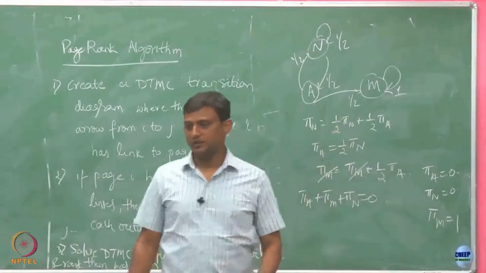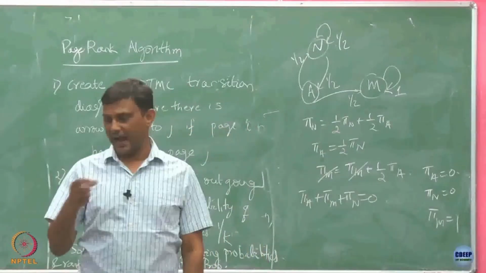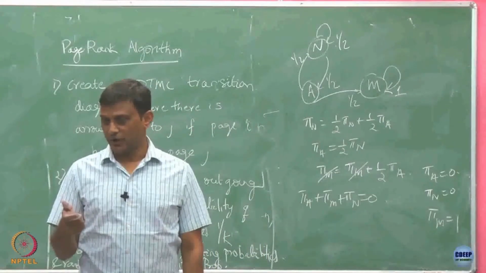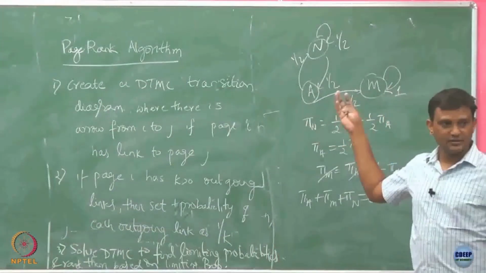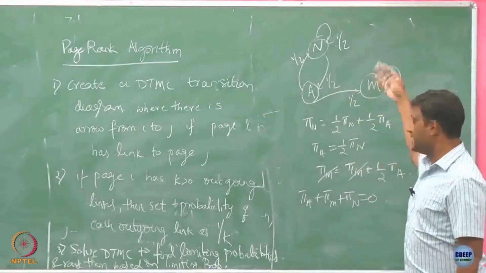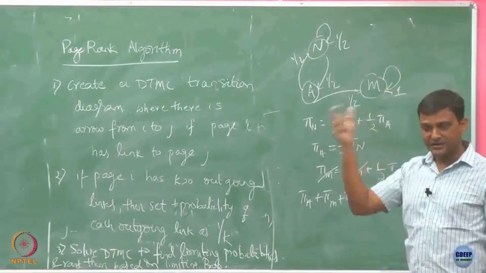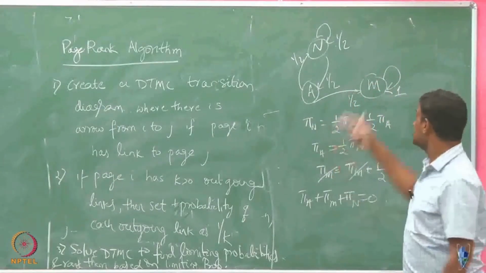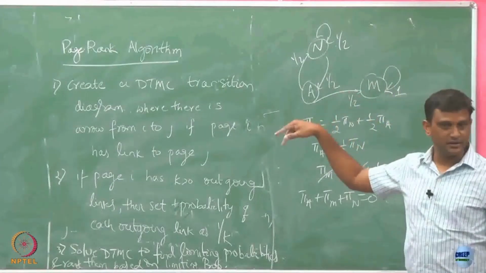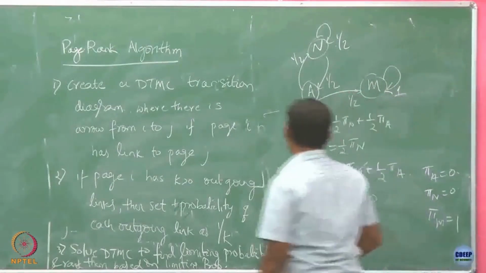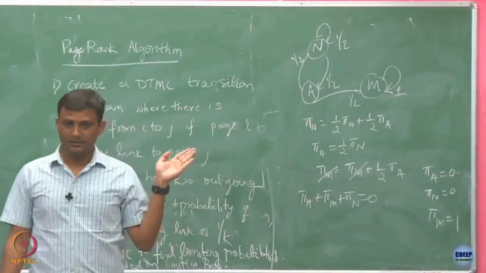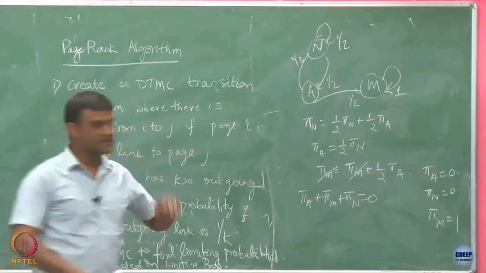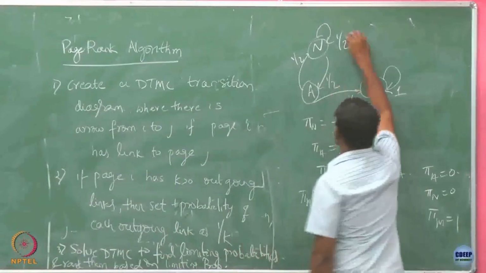So one possibility is what they call taxing. What you do is take out some percent of tax, that is some probability, from each of these links, and distribute that tax among all the states. So let us say I am going to tax each of these links by 70%. What I mean by that is all these probabilities I am going to